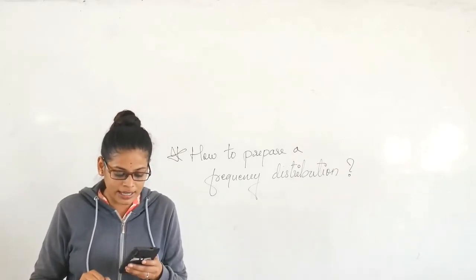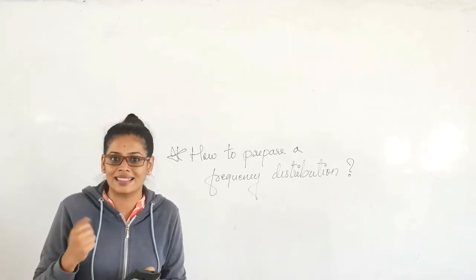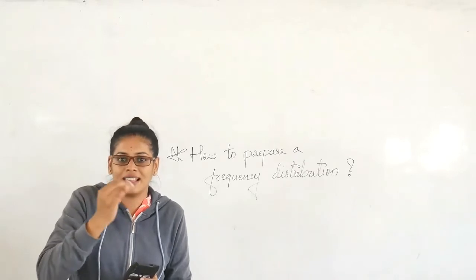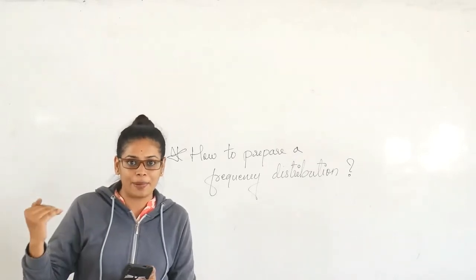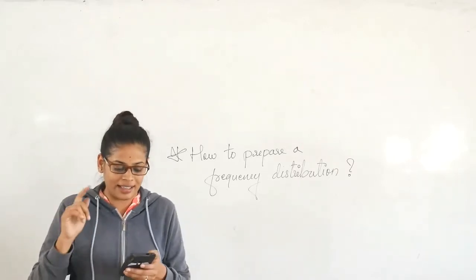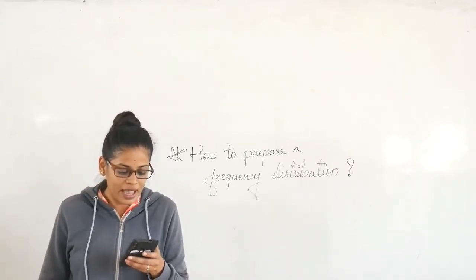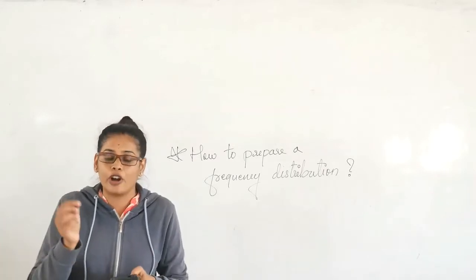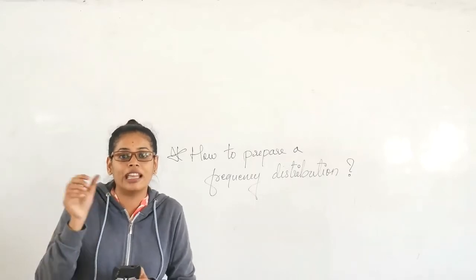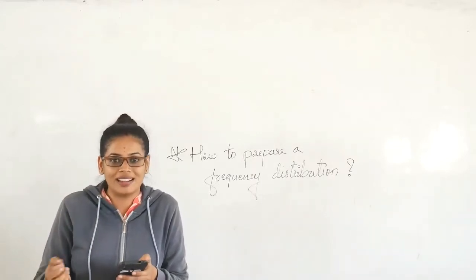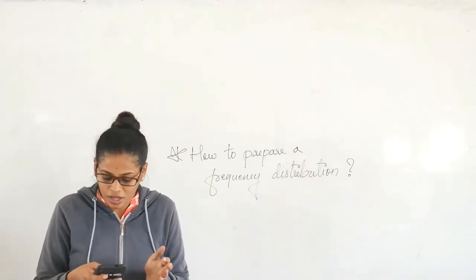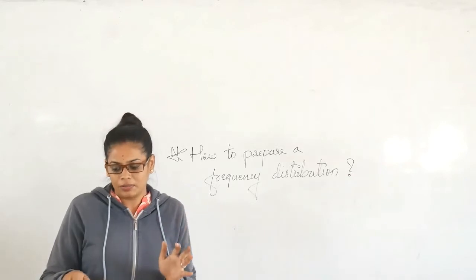And the third question is how should we determine the class limits? The 0 and the 5 are the class limits, right? 0 is the lower class limit and 5 is the upper class limit of that class interval. So how did we decide this? We will understand in this question. And the fourth question is how should we get the frequency for each class? How we are going to get the frequency for each class is also what we will understand in the fourth question. So let's first understand how many classes we should make.